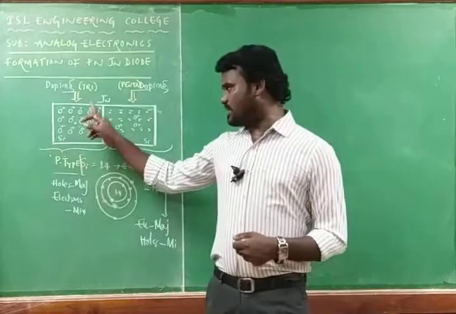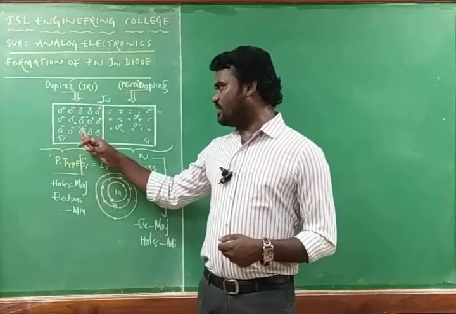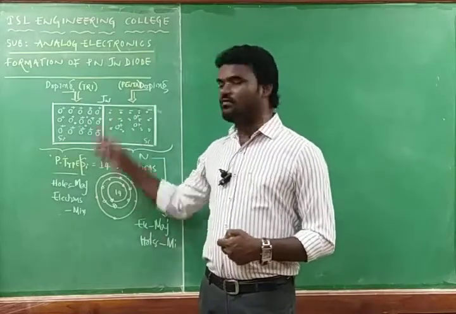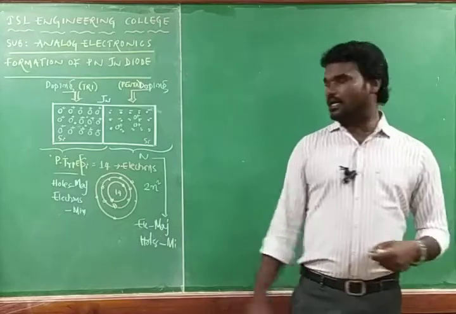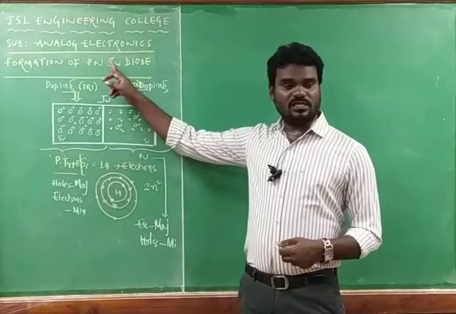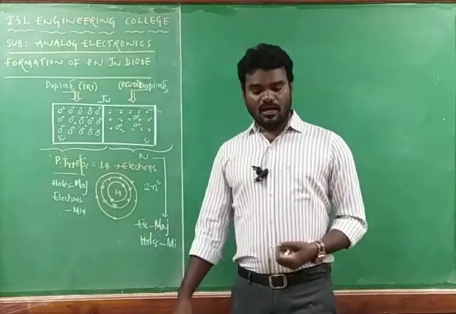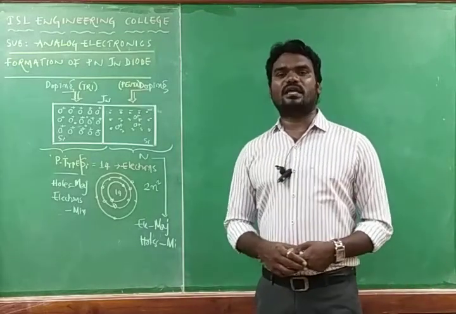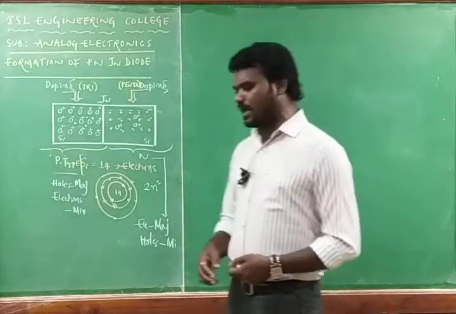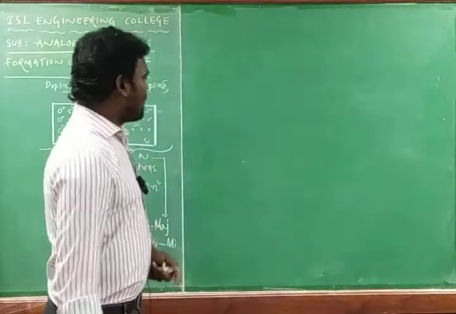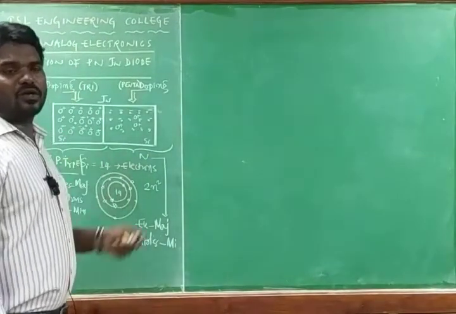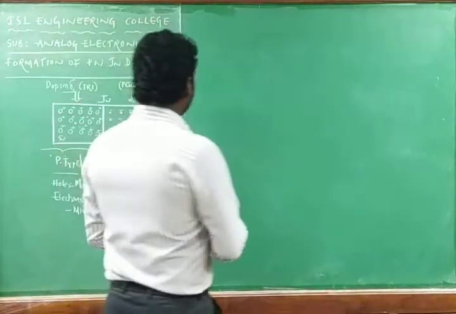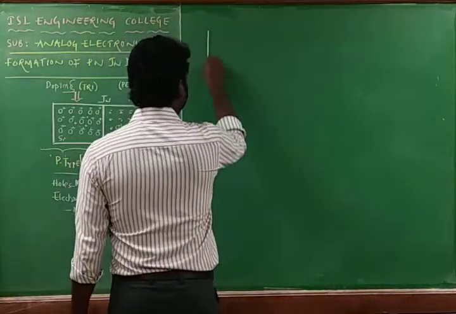The common point between the P material and N material, the meeting point, we can call a junction, so it is a P-N junction. But we have to discuss the P-N junction diode. Diode stands for die plus electrode. It is a semiconductor device which has 2 electrodes, anode and cathode. The electrode connected to the positive charge is named anode. The electrode connected to the negative charge is called cathode.